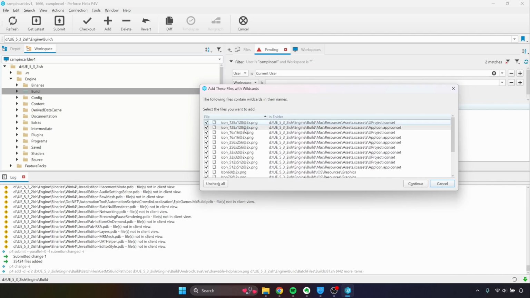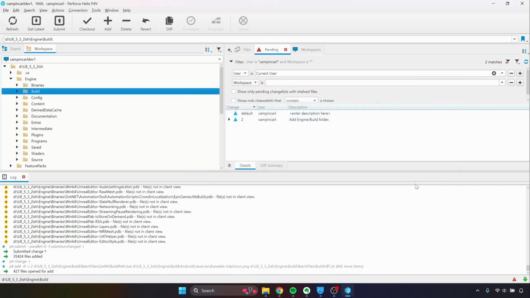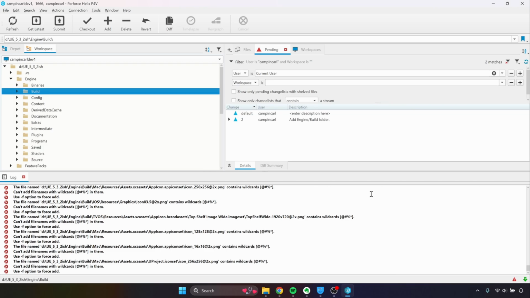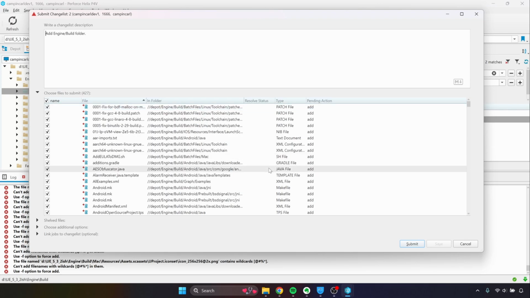So Perforce doesn't like certain symbols, like the @ symbol, to be in Perforce at all. So we need to press uncheck all and continue. Because if we tried to check those files in, we would get an error. So don't worry about those errors in the log. If we ever need to get those files back, we can just get them from that zip file we had